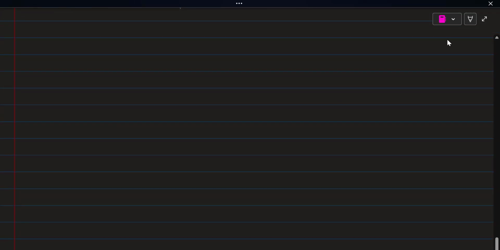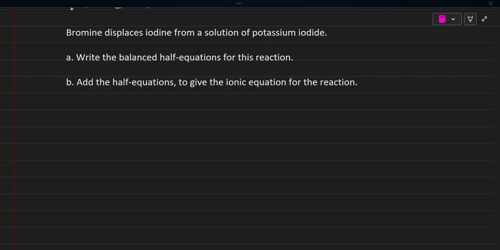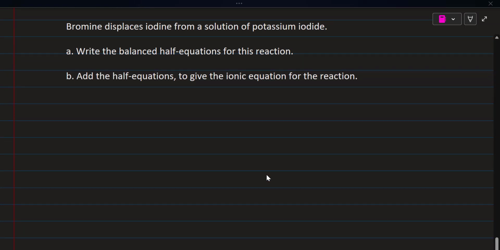Now I have a question for you. Let's do it together. Here is the question. I want you to pause and try your best and see if you can answer the question. The question says bromine displaces iodine from a solution of potassium iodide. So our reactants are bromine and potassium iodide. We cannot write Br only, remember, it's a bromine molecule, Br2, reacting with potassium iodide, KI, and